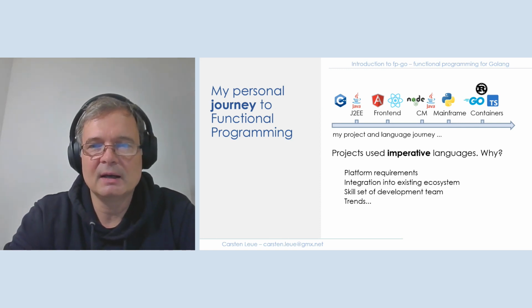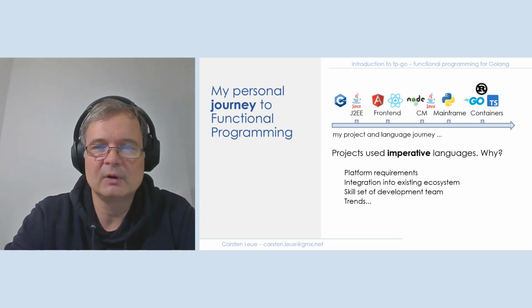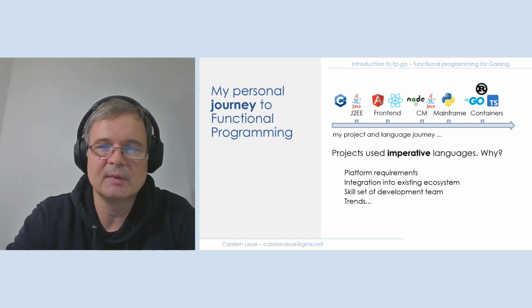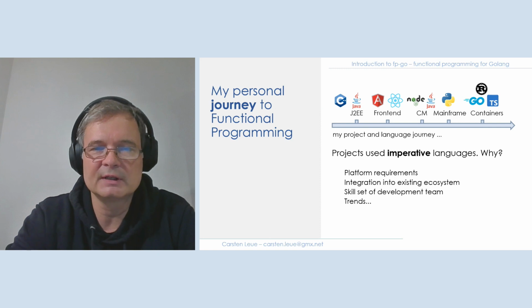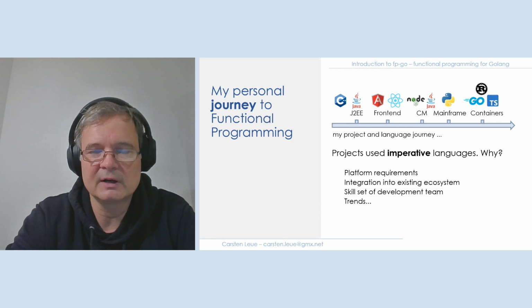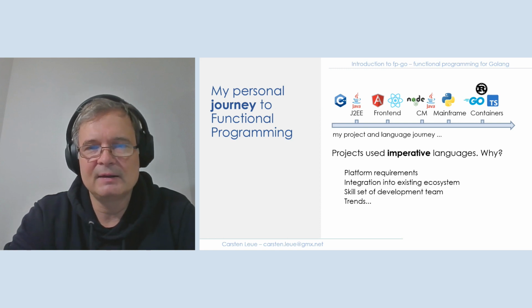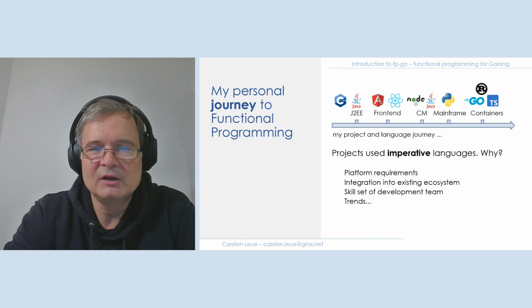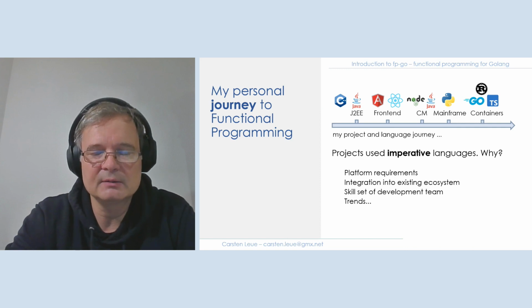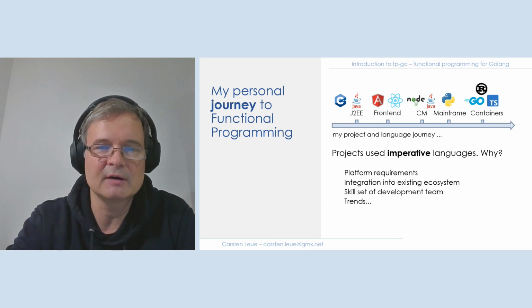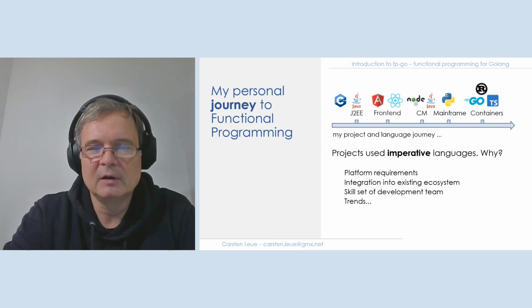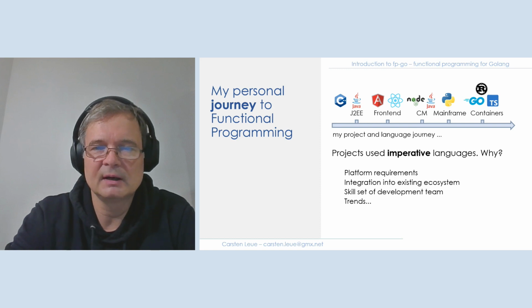And this timeline is supposed to show a bit what programming languages came across my way. It started with the development of a large-scale portal server system around the year 2000, for around 10 years. At that time, a portal server had to be implemented in J2EE. That was the platform of choice, and the language of choice on J2EE is, of course, Java. We developed both backend and frontend.